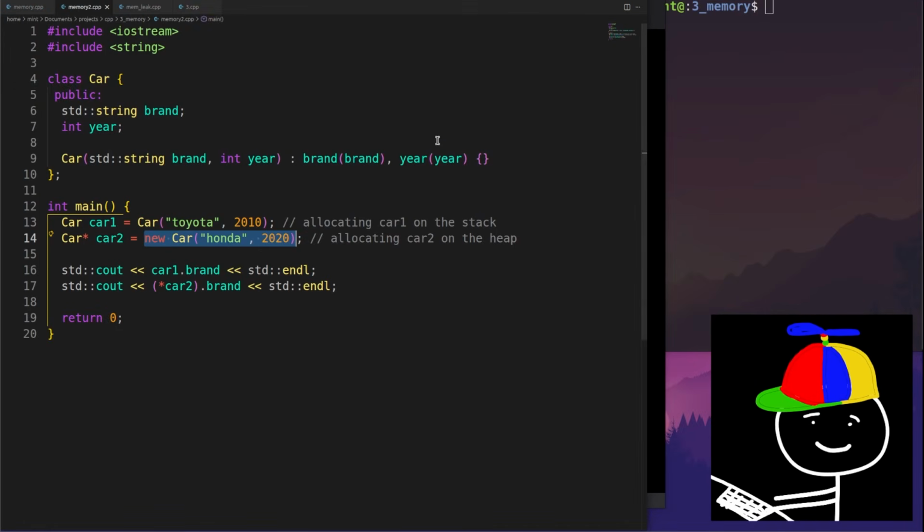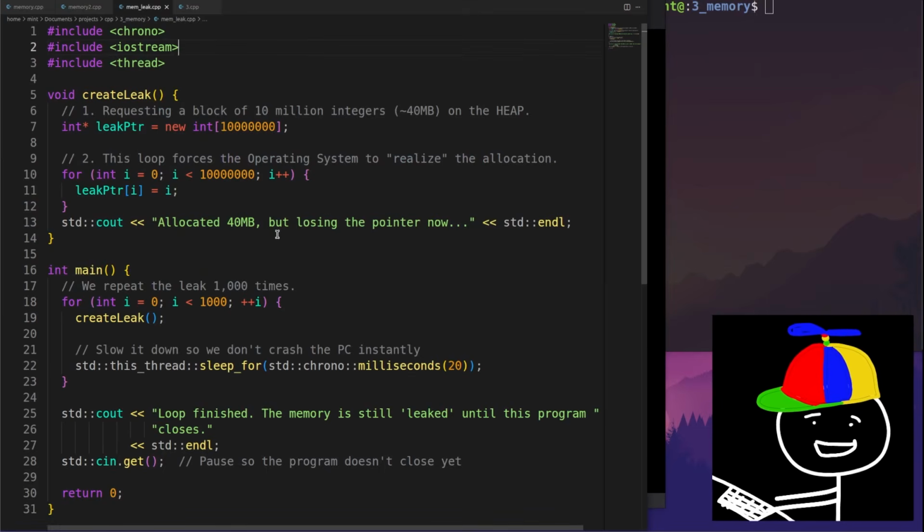Off camera, I also wanted a way to visualize how memory leaks occur, so I had Gemini help me write a little demonstration. I'll explain what's going on here. We have a function called createLeak.